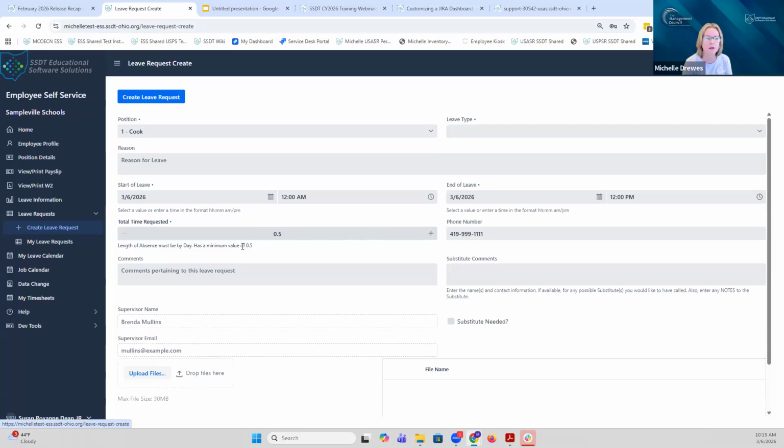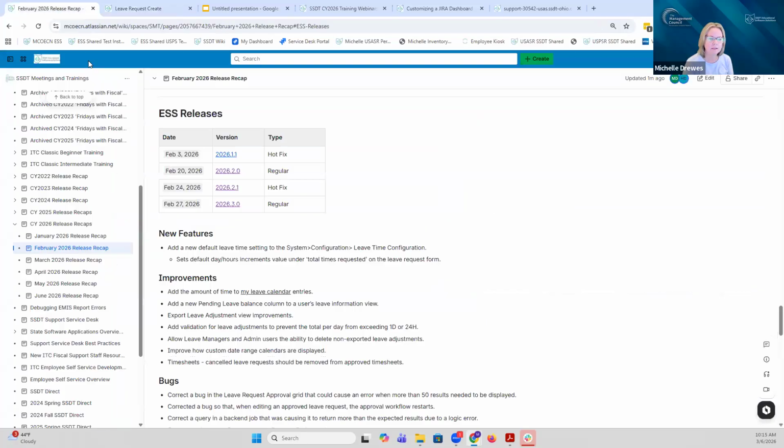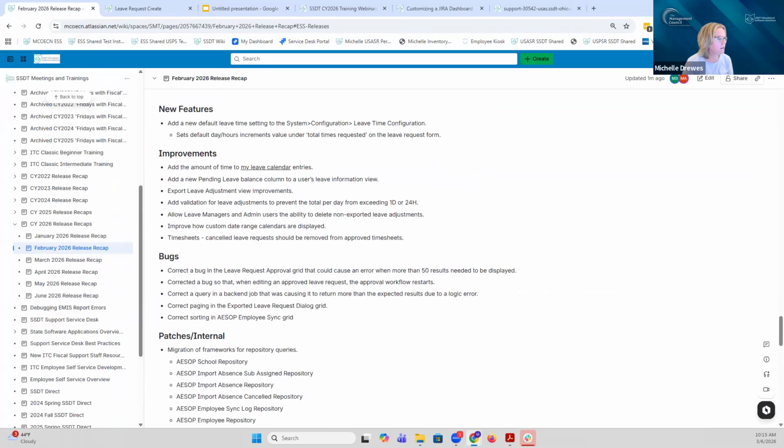And you'll notice too that it also increments 0.5 because that's the other setting on that configuration screen. So that's that new feature that we included. As for improvements, coming back here,